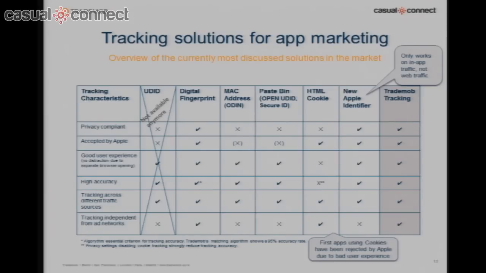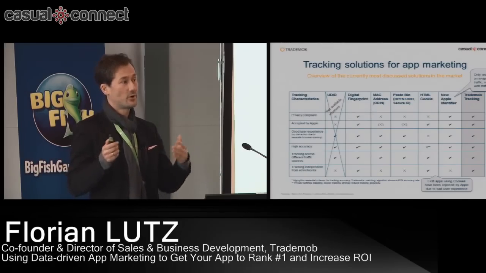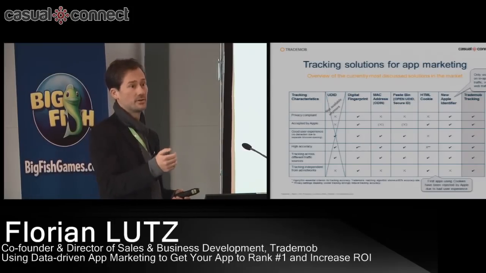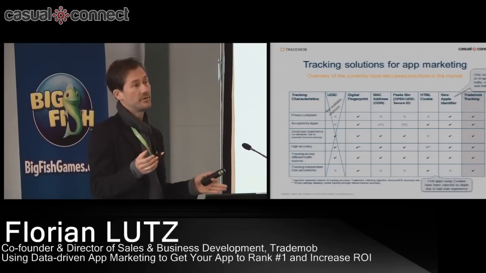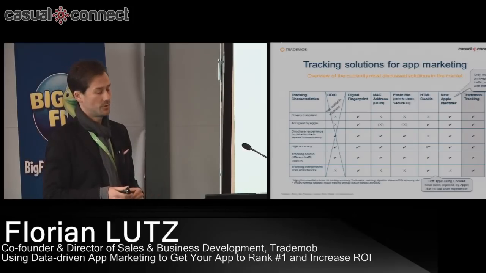The other option you have is fingerprinting, which is quite smart. But fingerprinting, on the other hand, is not very accurate. It tends to be maximum 60 to maybe 80% accurate. So again, fingerprinting will lead to wrong budget allocations. And then we have cookie tracking, which is a cool thing because everybody knows cookie tracking from online. But cookie tracking is pretty nasty actually in apps because an app itself can neither drop nor read a cookie. So effectively, you will have to open up a browser window in order to read out the cookie. And that, in some instances, might look pretty weird for your user. So that's not really what we recommend.